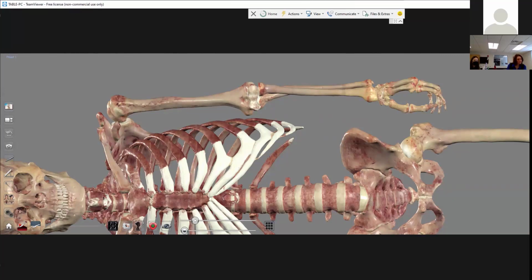A tool that goes really well with that camera ability is the one right underneath it, which is a pen tool. So the pen tool is right here, and it opens up this pen menu. There's 4 different colors that are automatic and ready to go, as well as a custom pen that you can make any color or size that you want. So you can tap on a pen. If it's blue, that means you're using it, and then you can tap and drag to draw